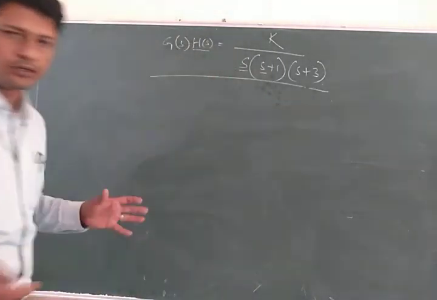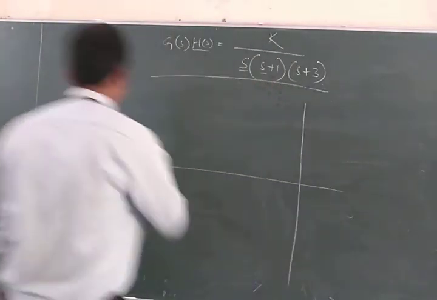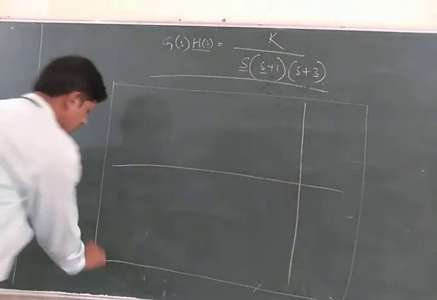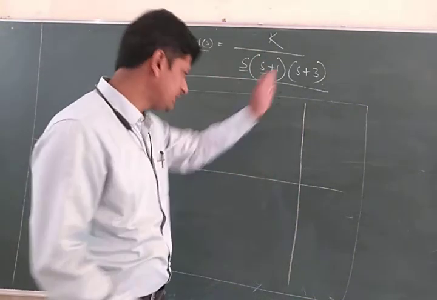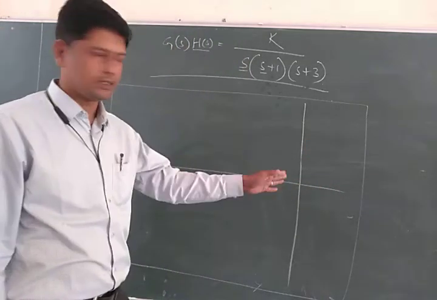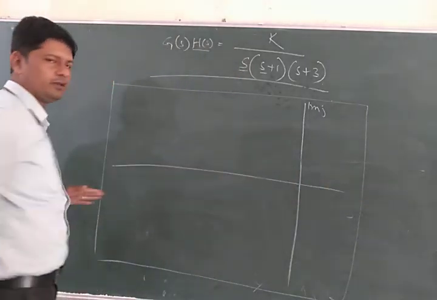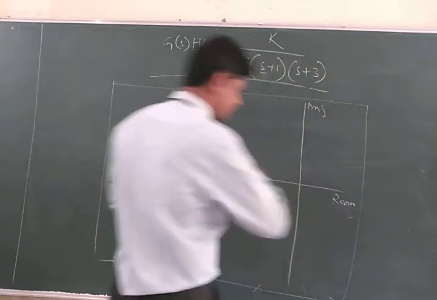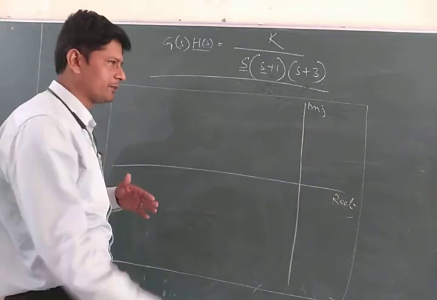Then we come to the drawing part. We have to draw the graph. First divide the graph in such a manner that most of the part lies to the left-hand side of the imaginary axis, so the imaginary axis should be drawn more toward the right side of the graph paper. The real axis should be midway between the graphs. So this is the real axis, just the middle line, but the imaginary line must be more toward the right side of the graph.